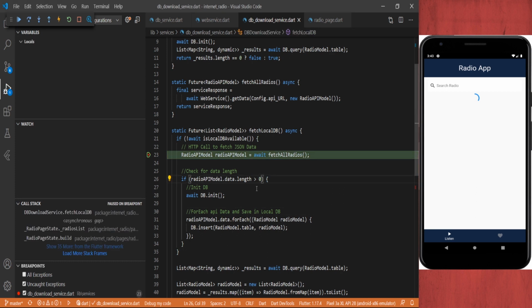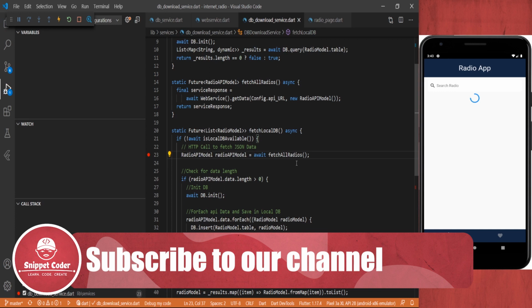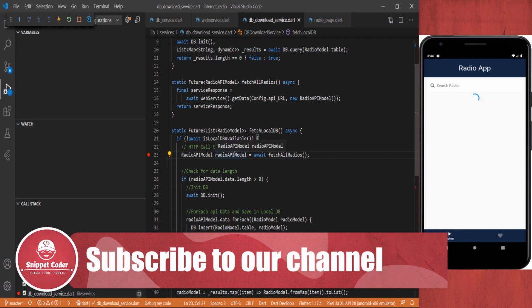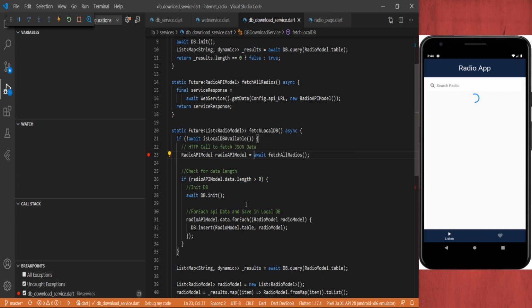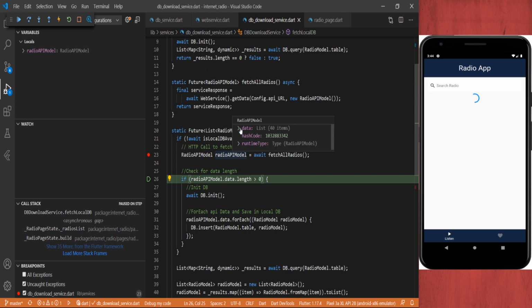So now we got our debugger here. What it's doing is calling our fetch all radios method, and we are getting data from that API service. Here we get all the data.